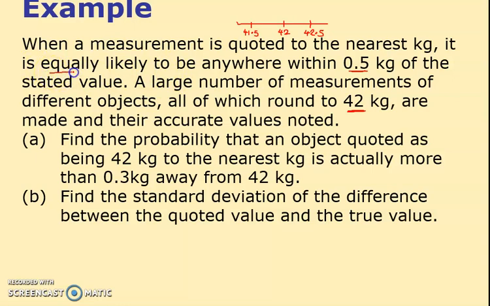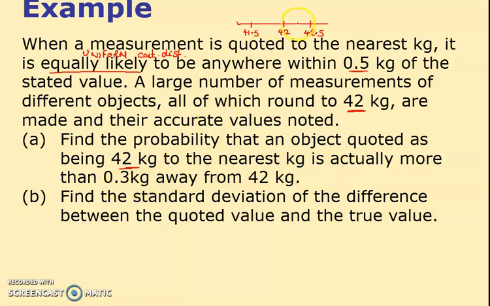Yes, it's equally likely to be anywhere in the range. So this basically is what tells us it's uniform, I suppose. It can be any number. It's a measurement, so it's a continuous distribution. Okay. Bearing that in mind, it says find the probability an object quoted as being 42 is actually more than